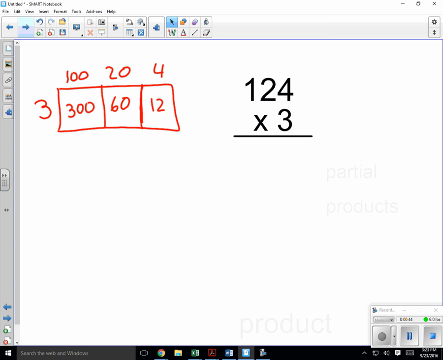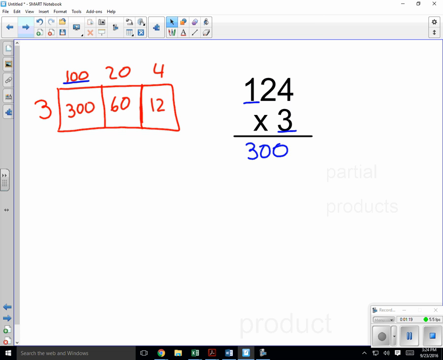Well, this way is very similar and you'll see it. We're just going to do it a different way. So we put the number with the most digits on top and the number with fewer digits on the bottom. And we're going to start multiplying the 3 times the 1. But remember, the 1 is in the hundreds place, so the value is really 100, just like in the expanded form. We broke it into 100, so we're going to multiply 3 times 100, and we know that 3 times 100 is